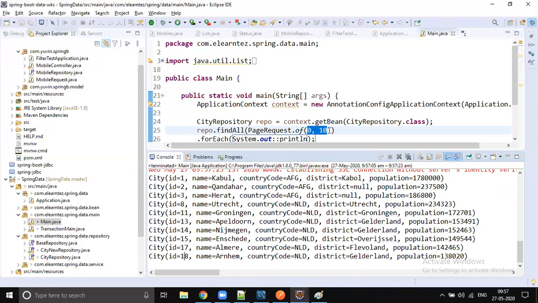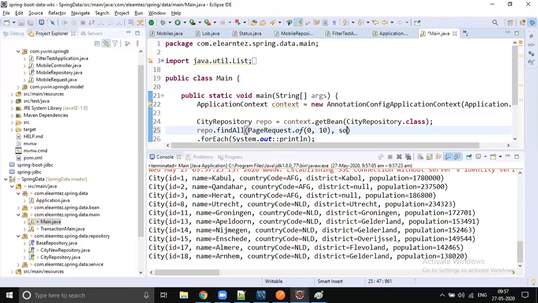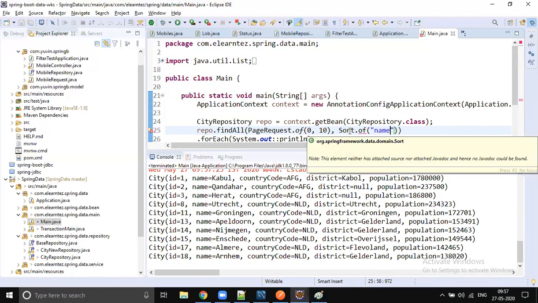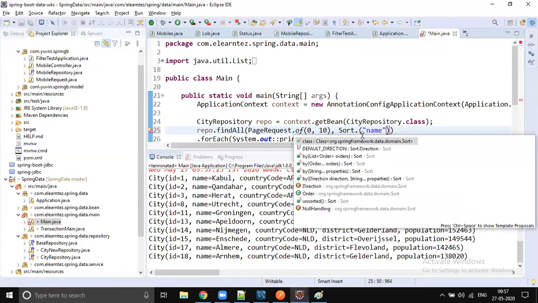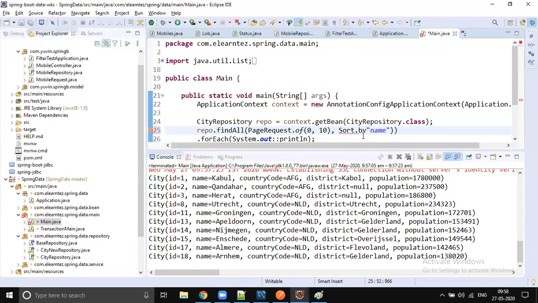And if you would like to apply some sorting, yes, you can do it. So you can say sort dot of type by name. Let's do sort by name. I don't know which Sort we imported. I think it's the domain Sort only. What is this? Sort by, not of. Yes, sort by name.